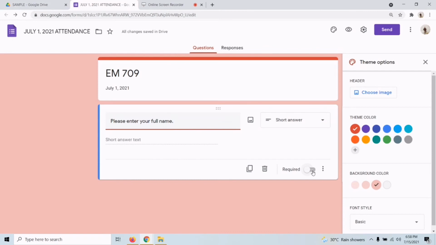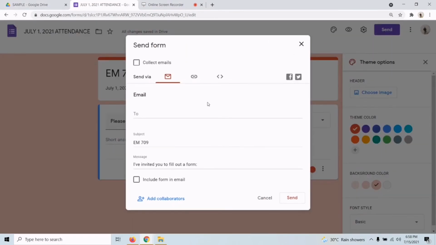Most of the time, we need to require the respondents, and to make sure they really enter something, we need to set this as required, right? And we can then share the link. We can click this one, send, and